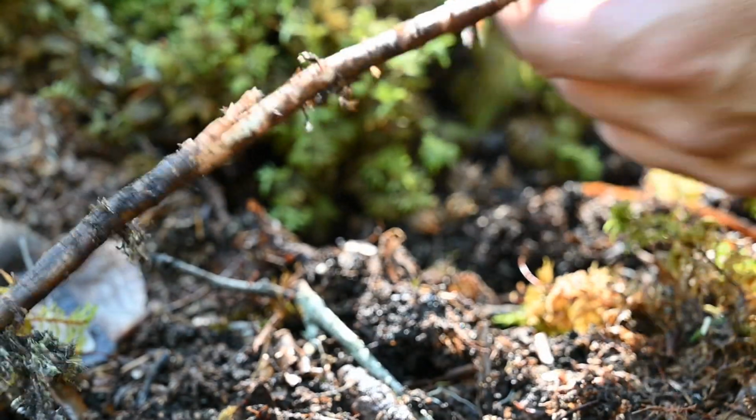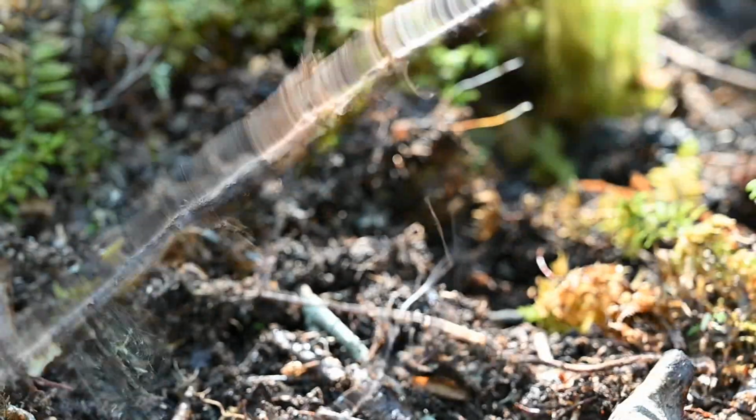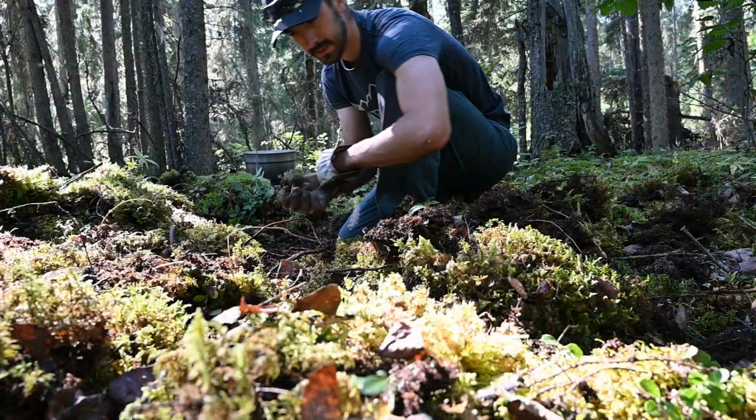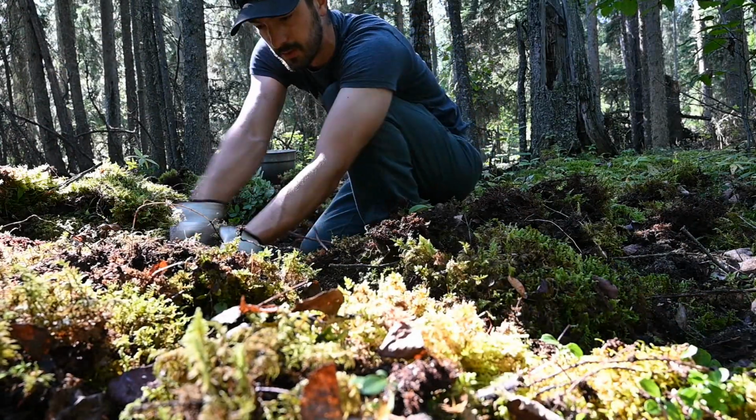Like I said, don't worry about killing the trees or anything. You're just taking a minimal amount of roots that are on the surface of the earth. You're not actually harming the tree. Just trimming off some of the roots. I mean, roots, they're in the ground, so